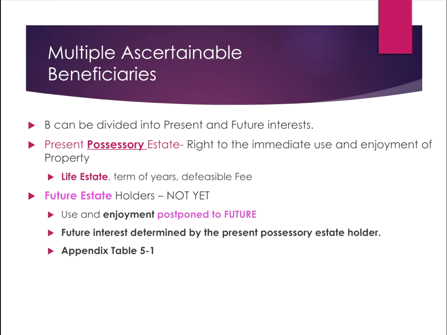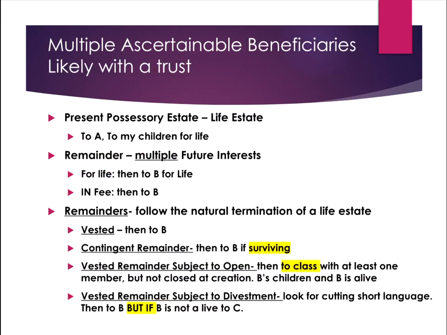And it's those future estate holders, certain future estate holders and third parties, that we will examine for determining whether or not the settlor has gone too far by violating the rule against perpetuities. It's a very good idea to take a quick look at table 5.1 in the appendix to understand that certain present possessory estates are wed, for life, to certain future interests. So you've got to identify the present possessory estate first before you can identify the future interests.